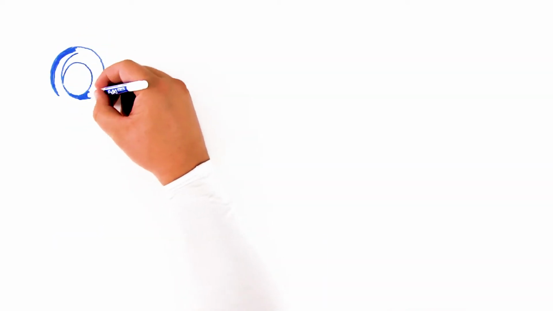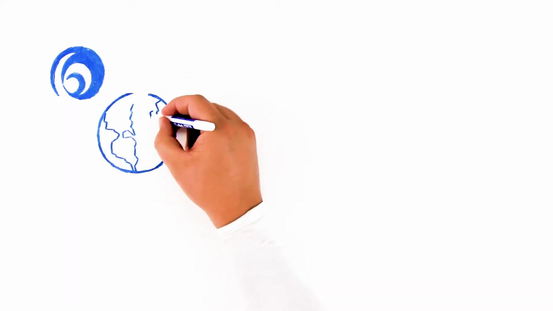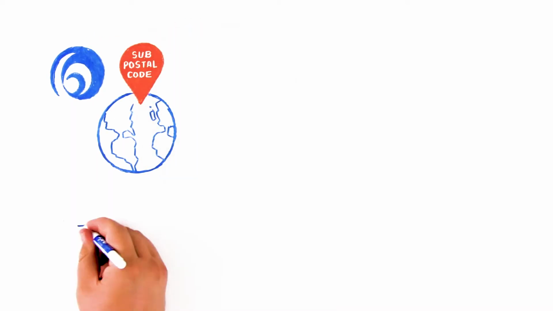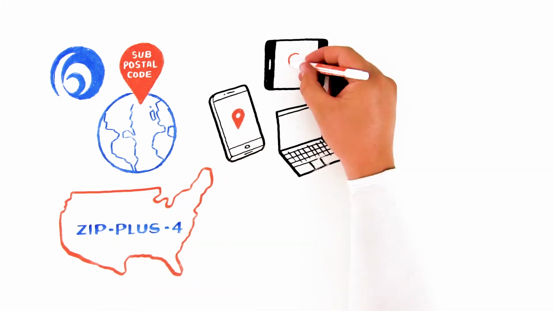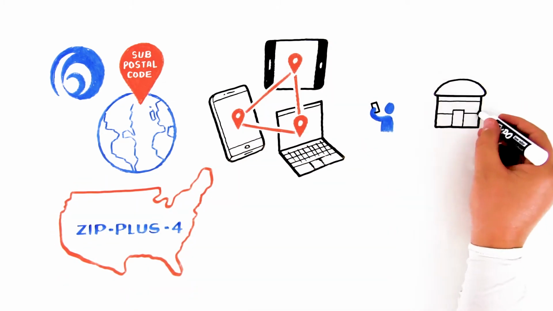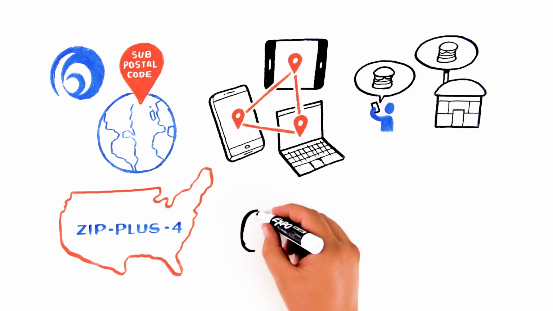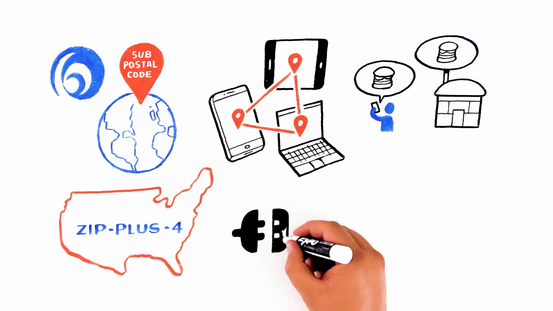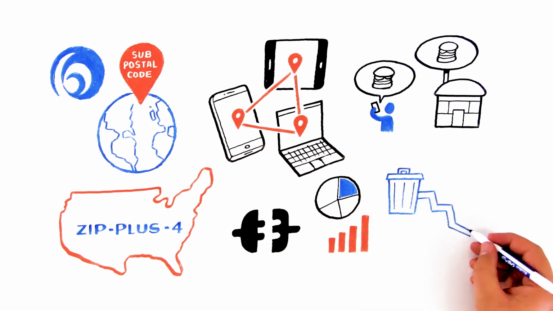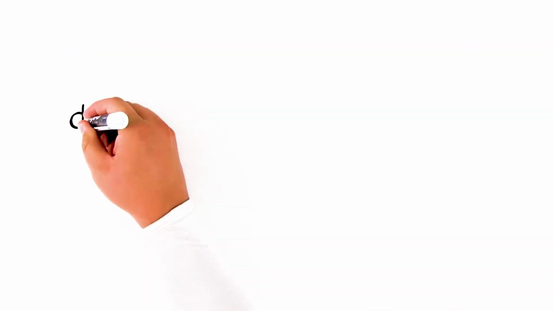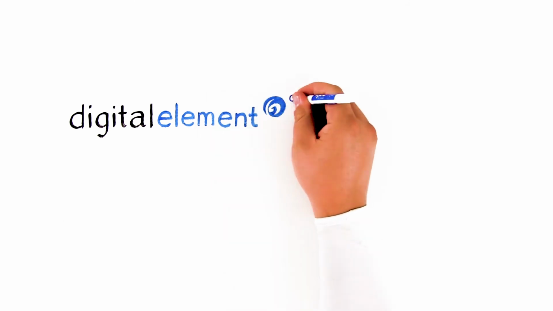With Digital Element's data, you can target online global audiences down to sub-postal code and to the ZIP plus 4 level in the United States, reach mobile users across devices, engage with customers in the immediate vicinity of nearby points of interest, obtain additional context about your audience such as connection type, enhance attribution and analytics, reduce wasted impressions and click fraud, and more. See how Digital Element can help you expand the reach, relevance, and response of your online